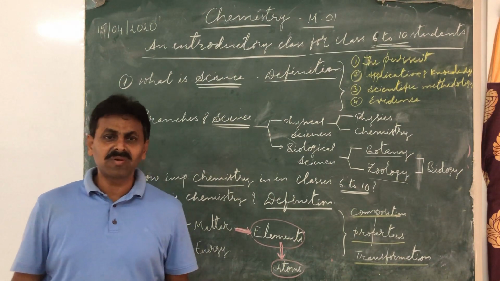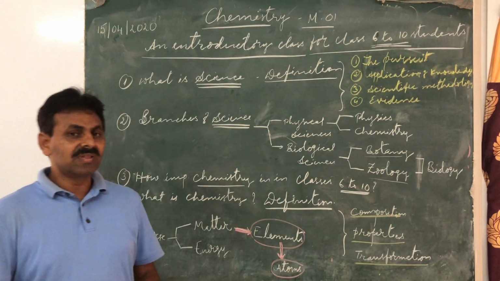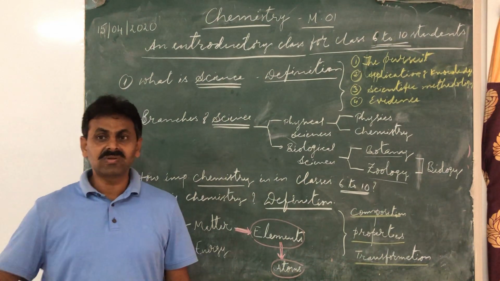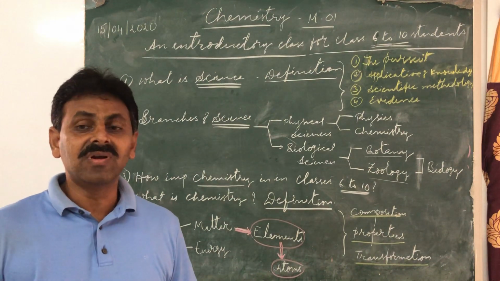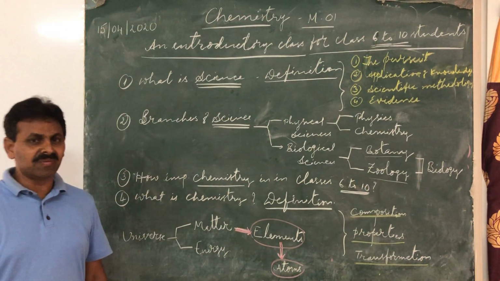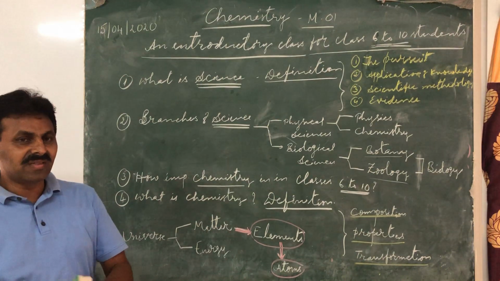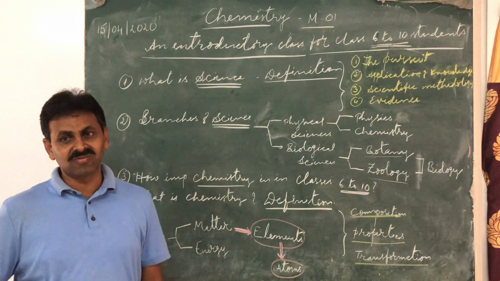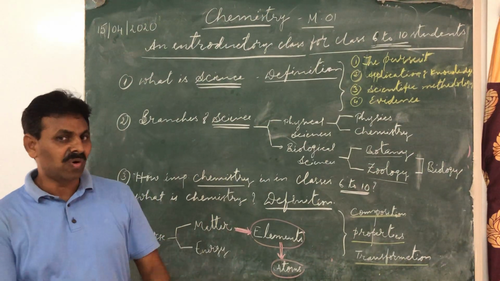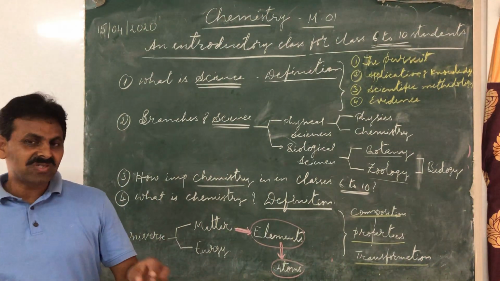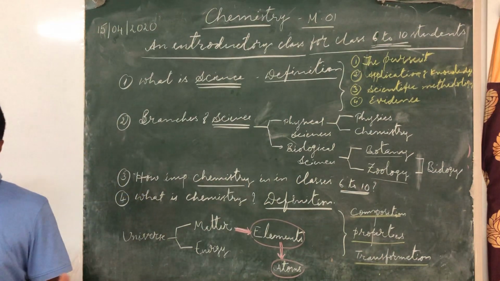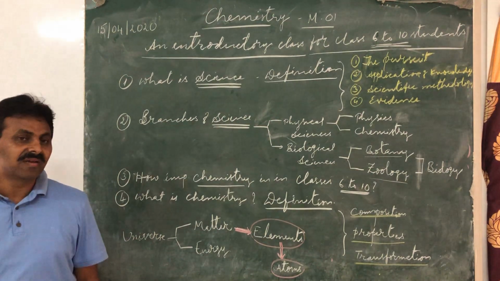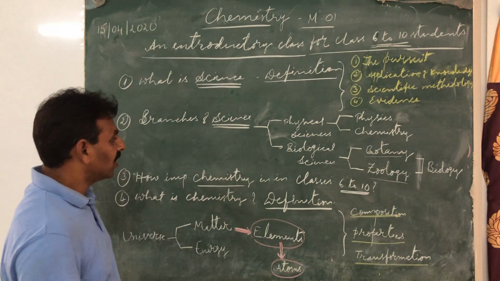So what we are doing in our Prodigy Vidyalaya is that whatever chemistry you are going to study from 9th class to 12th class, which is very, very important for any competitive examination, we are going to study that part of the chemistry gradually from 6th class onwards in the form of certain modules. So if you have a strong base of chemistry, obviously you will perform absolutely better when you go to the senior classes.